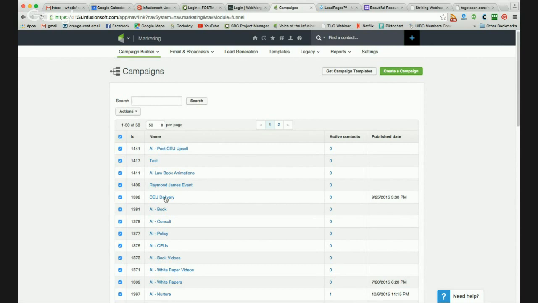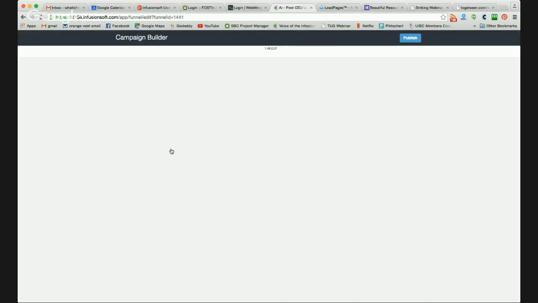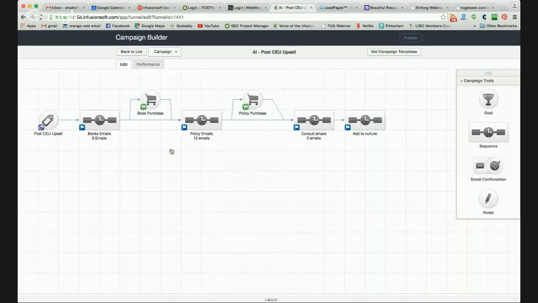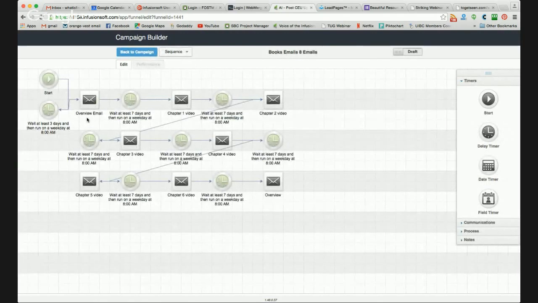And as they're getting trained through CEUs, which every investor needs anyway, afterwards we have 3 possible programs that we're going to sell them into. So either they complete all the CEUs, or they've completed one and didn't buy any of the new ones. They're going to get kicked into this campaign where for 8 emails, they're going to get sold a book they have on aging investing. And so we did the model, which is one of my favorite webinar approaches.